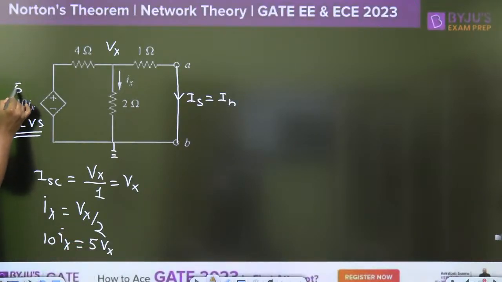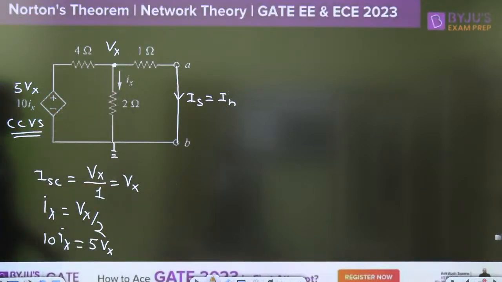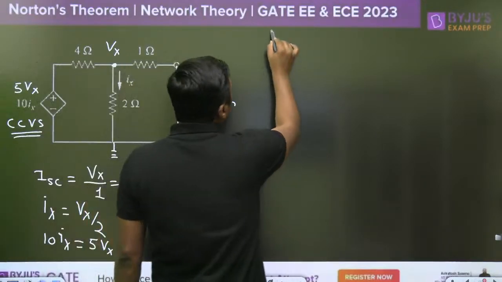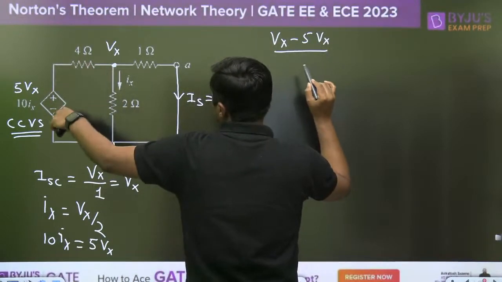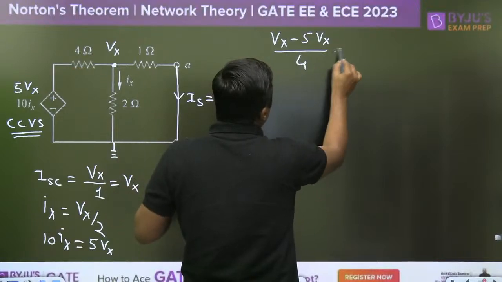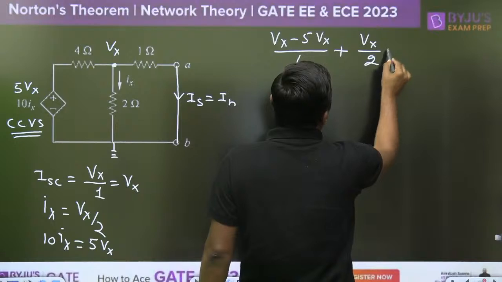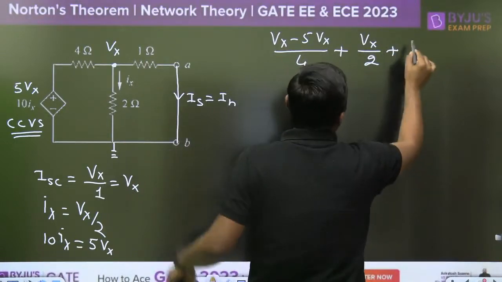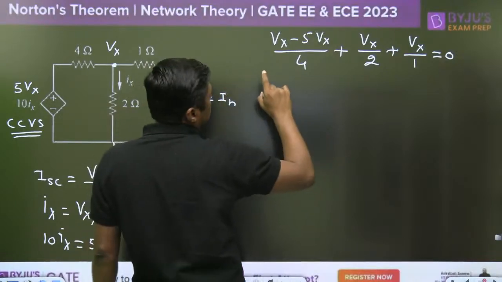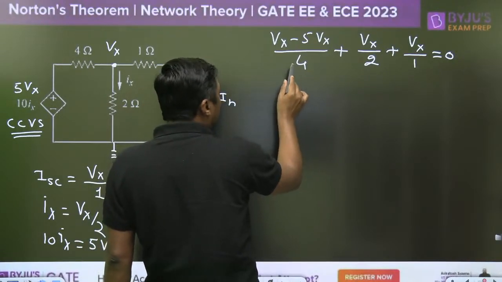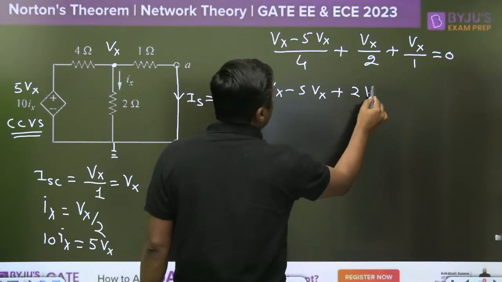You can replace it by 5Vx. Now I apply the KCL at this point, that is nodal analysis. (Vx minus 5Vx) upon 4 plus Vx upon 2 plus Vx upon 1 is equal to 0. From this, taking 4 as the LCM, Vx minus 5Vx plus 2Vx